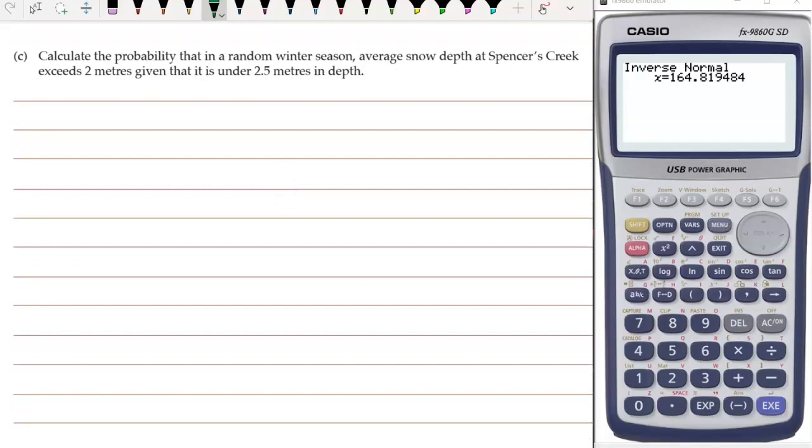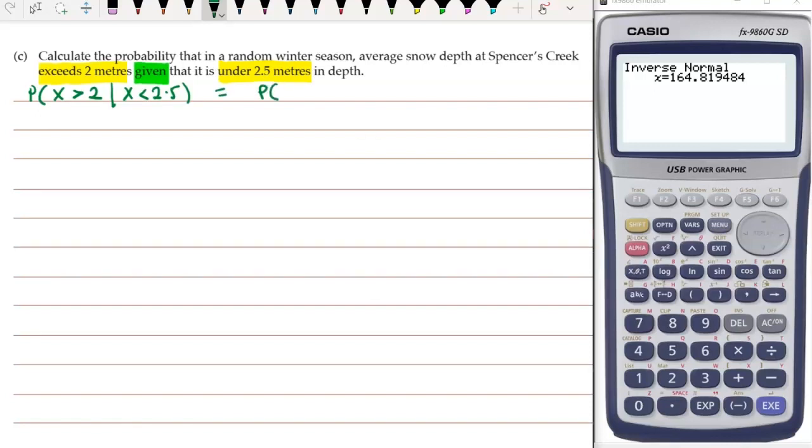Okay, now calculate the probability that in a random winter season, the average snow depth exceeds 2 meters. Now this is important, this word, given that it is under 2.5 meters in depth. So that means we're doing a conditional probability. So we're doing the probability that it exceeds 2, so it goes above 2, given that x is under 2.5. So to work that out, we use the conditional probability formula, which is the probability that